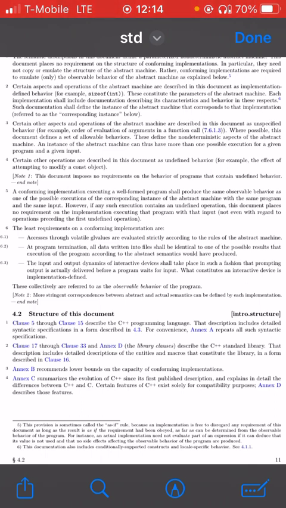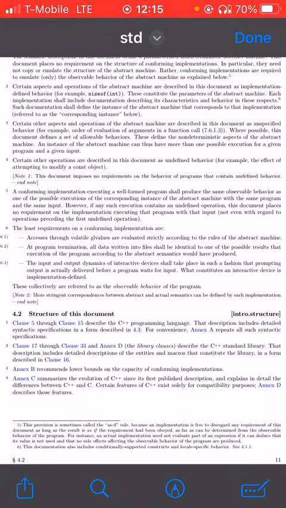The least requirements on a conforming implementation are: accesses through volatile glvalues are evaluated strictly according to the rules of the abstract machine. At program termination, all data written into files shall be identical to one of the possible results that execution of the program according to the abstract semantics would have produced.